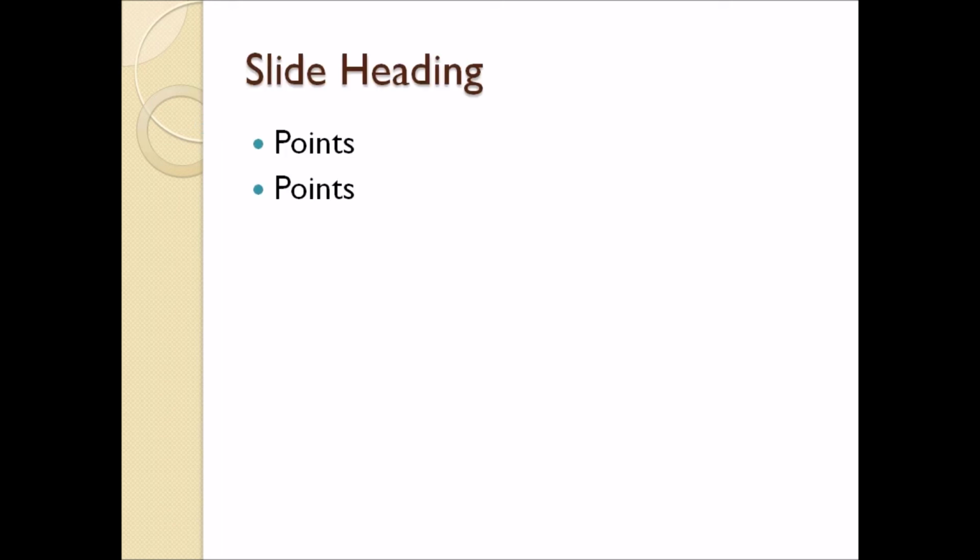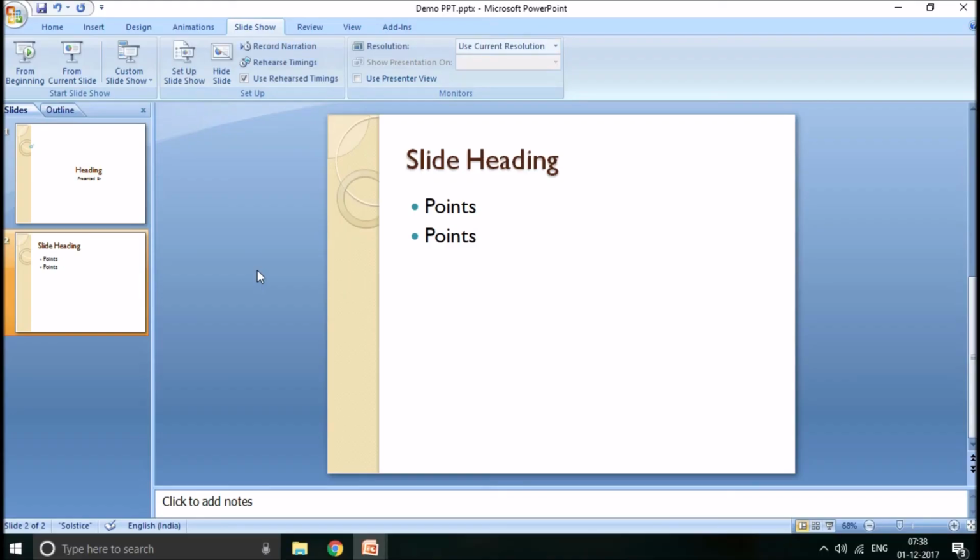So heading, we had given an animation of checkerboard and presented by as a simple appear. So that is how the animation comes, and if you click next, it will take you to the next slide. Because we had not put any kind of animation here, the heading and the bullet points, everything is shown in one shot. Again if you click next, it will end the slideshow. So this is how you create slideshows.